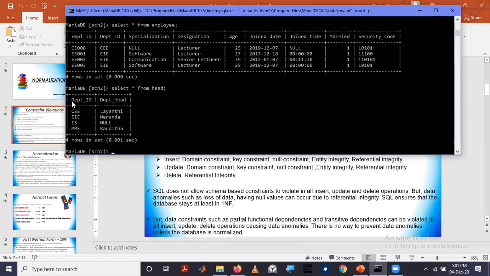So the head table has a string and a string, right? In this table, if you try to insert into head, department ID, department head values.